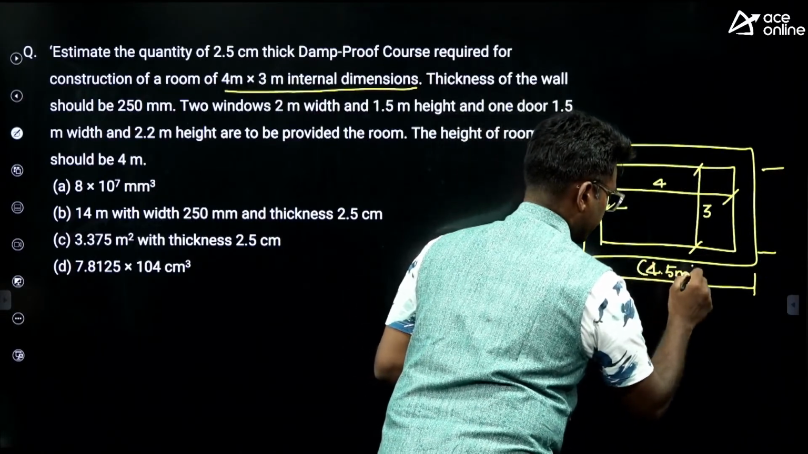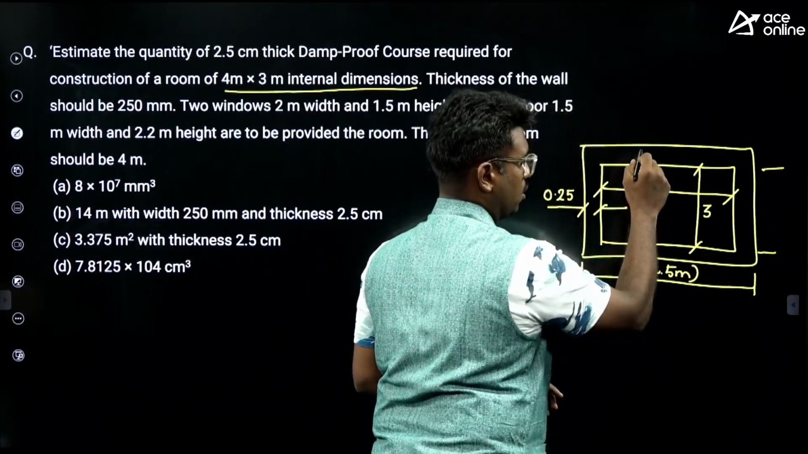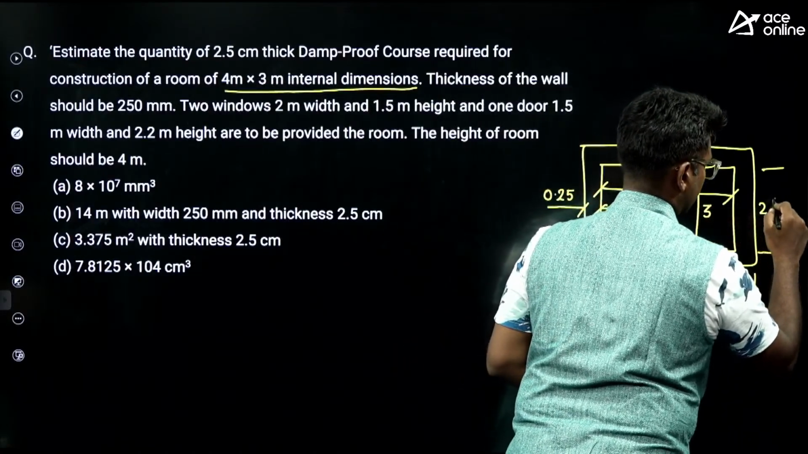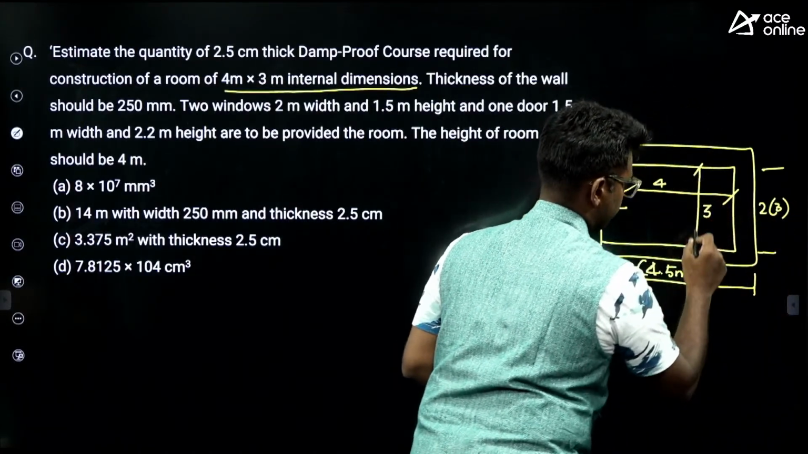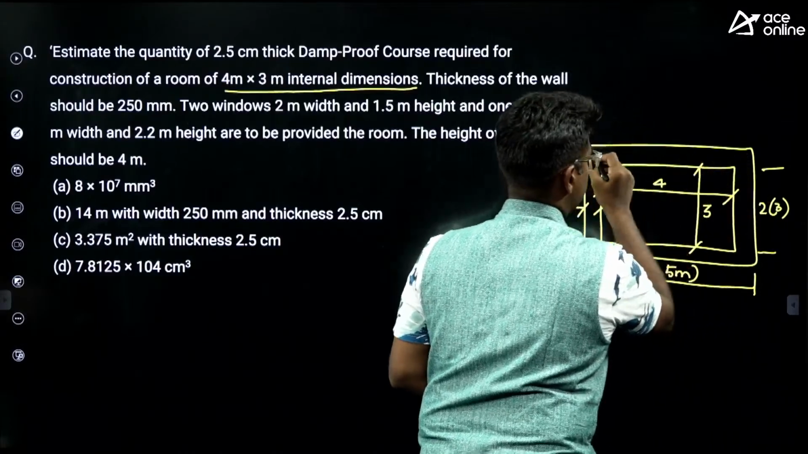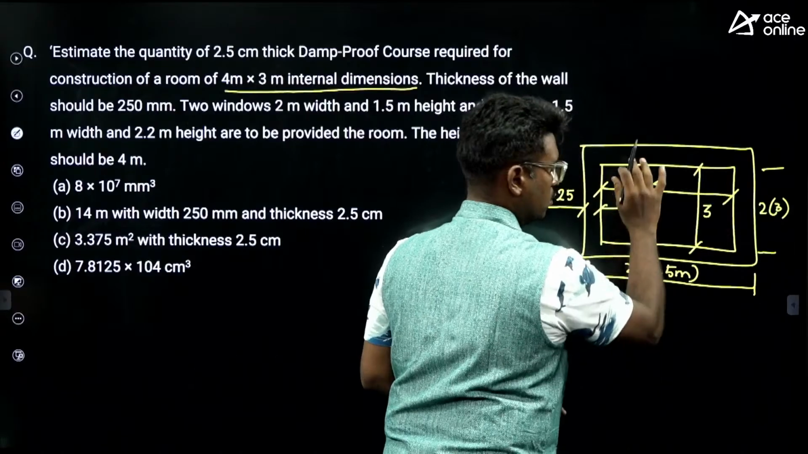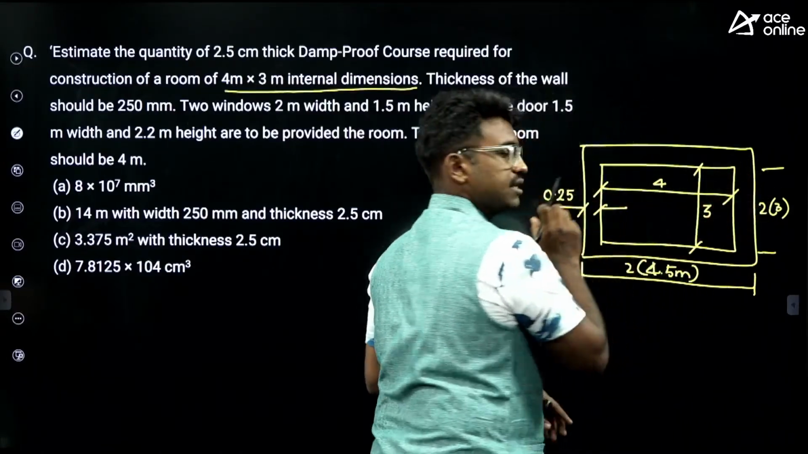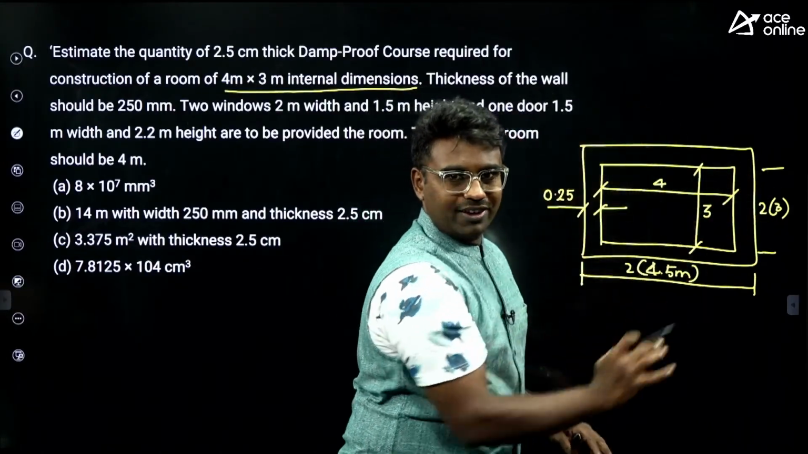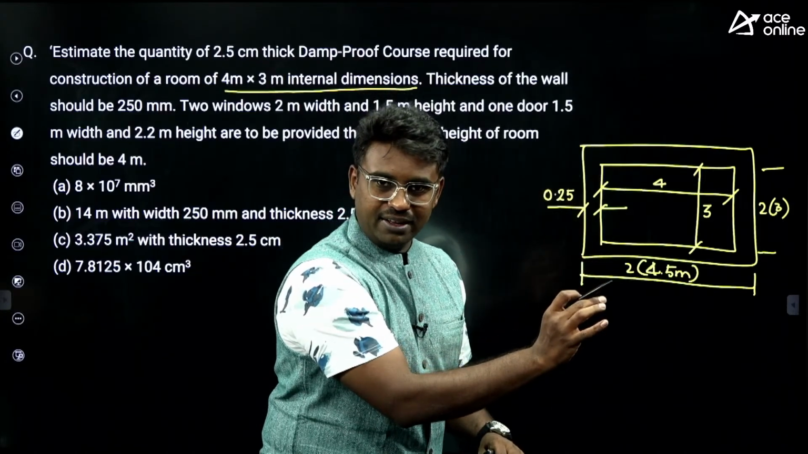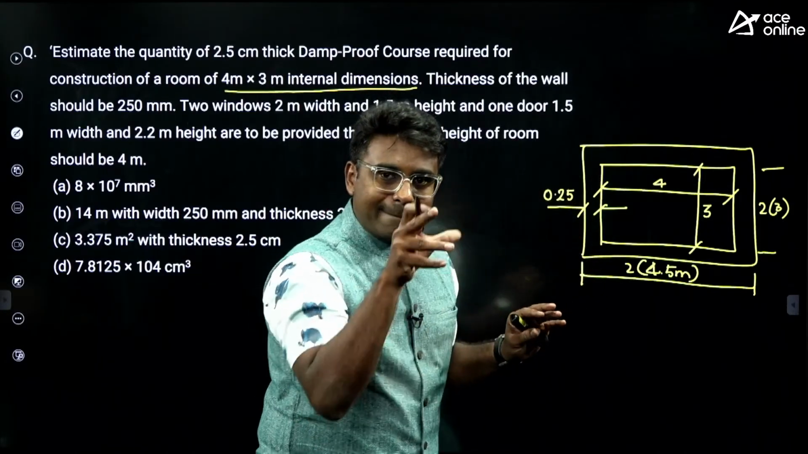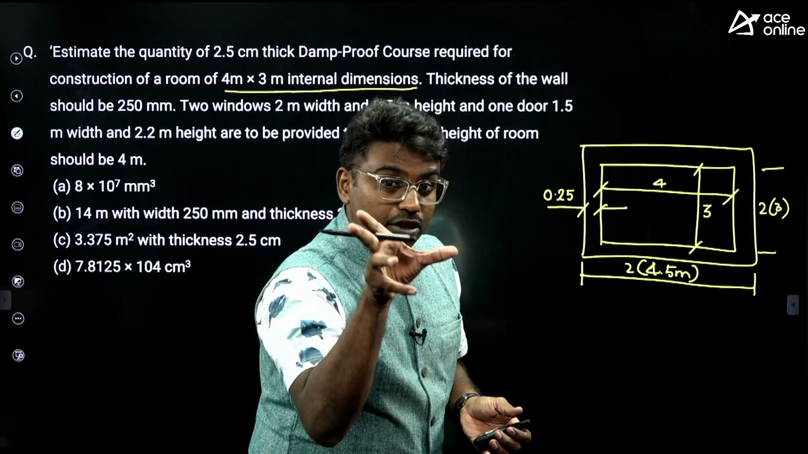2 times 4.5, this wall and that wall, and 2 times 3, this part. That's all included. 4 plus 0.25 into 2. 2 into this side and this side, which gives you the total length. If you find out the total length minus the width of the door,